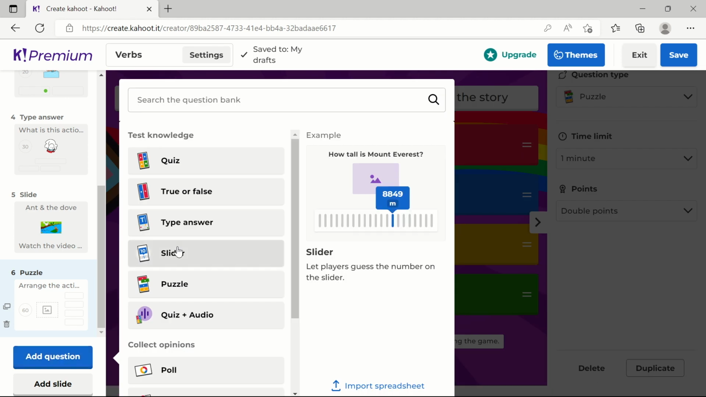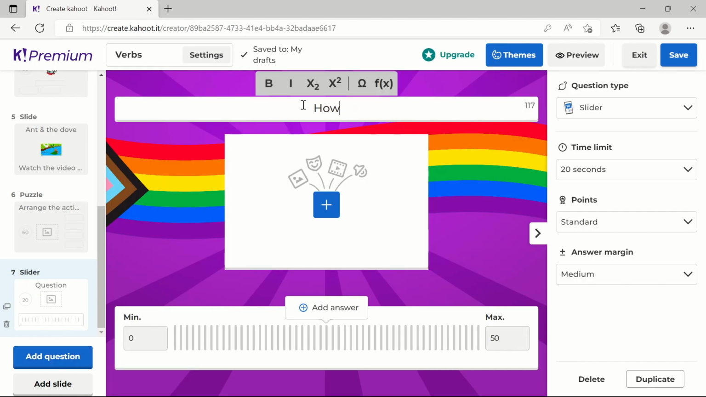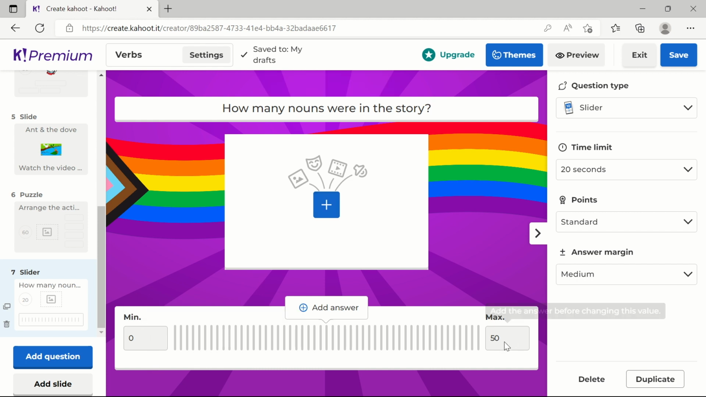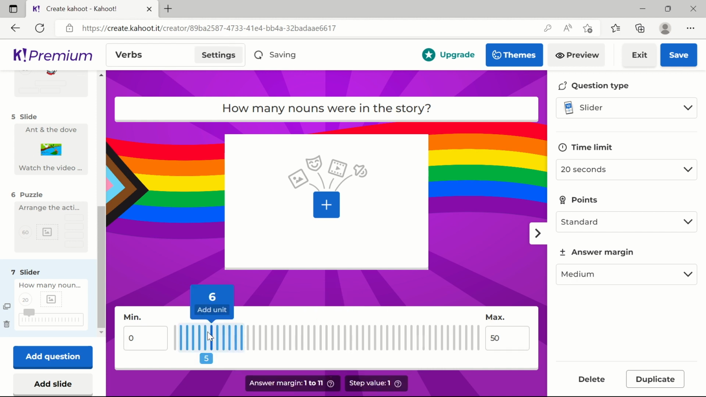So the last type of question that I'm going to add is the slider question. Now here your learners will be able to select or guess the number. Now I've written how many nouns were there in the story. So based on that, I will assign some minimum and maximum values here. I'm going to add my answer. So let's say I give 6. Now once I add the